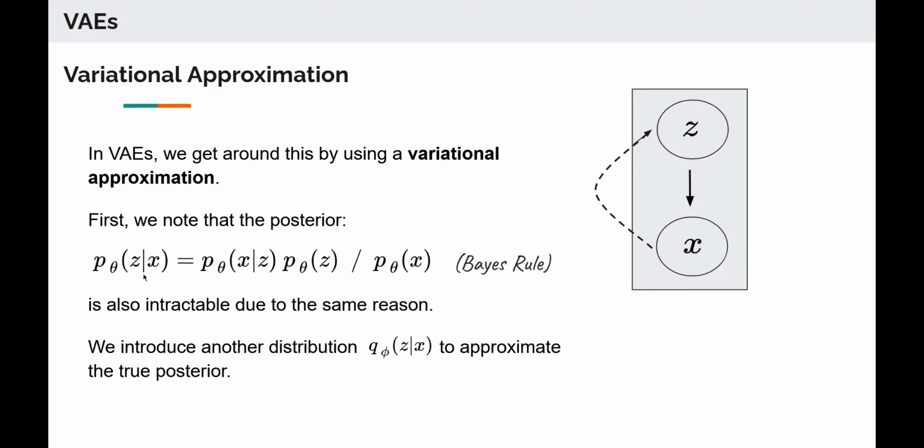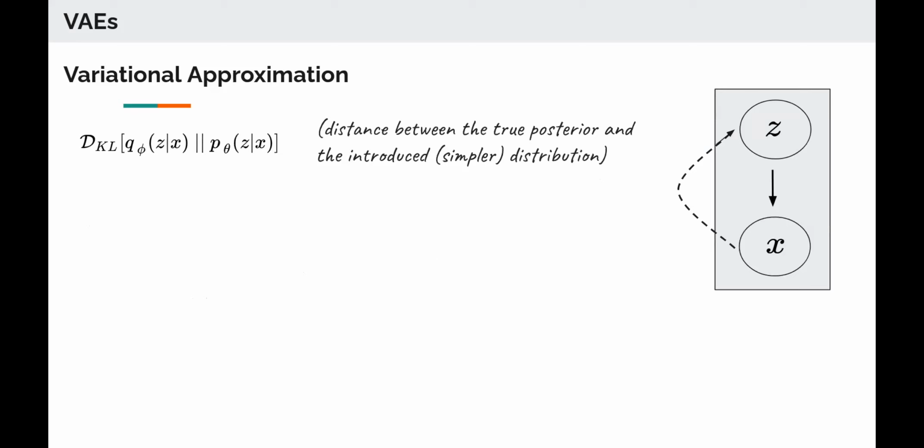Now, we want to construct this approximate posterior such that it's similar to the true posterior. In order to do this, we need to define some kind of discrepancy measure between two distributions so that we could then minimize that. And what we choose is what is known as the KL divergence, or the Kullback-Leibler divergence. It's a difficult pronunciation. So it's the KL divergence,